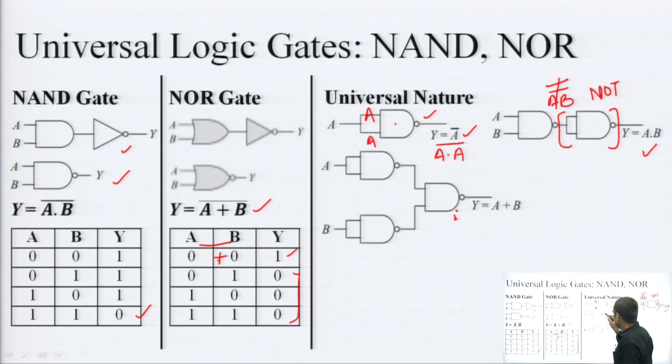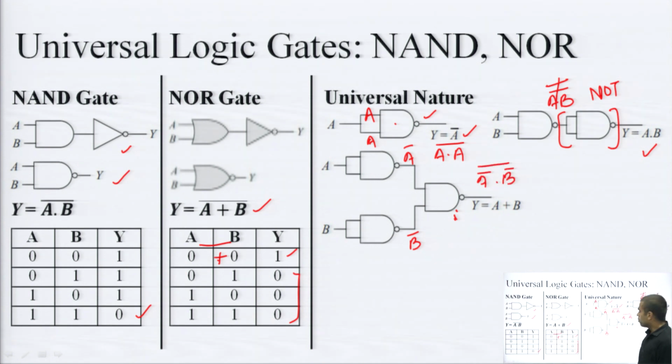I can check from here that if this is a NOT gate, as we have already seen in the above structure, if I short the 2 inputs of a NAND gate, I will get a NOT gate. So, this is equivalent to A bar and this is equivalent to B bar. So, this structure is A bar dot B bar whole complement. Now, we have to apply De Morgan's theorem on this expression.